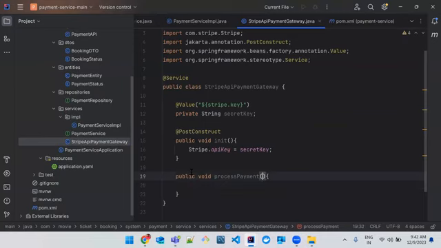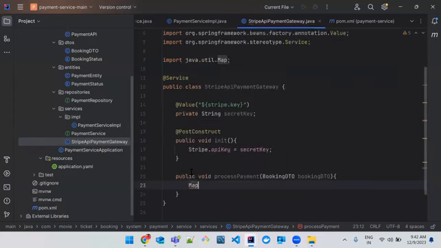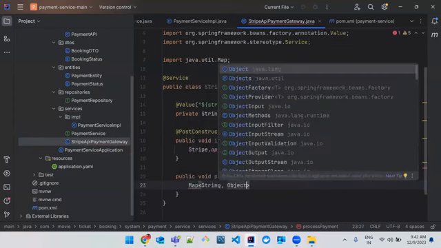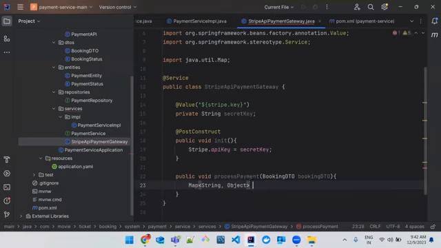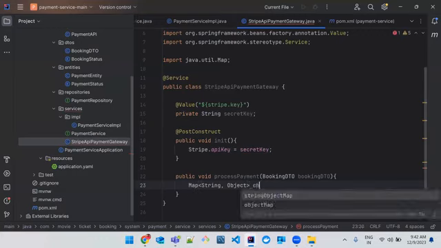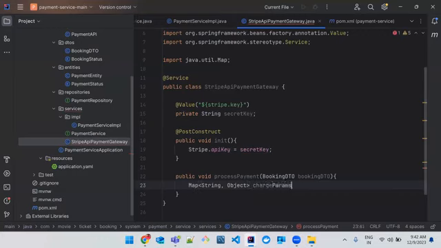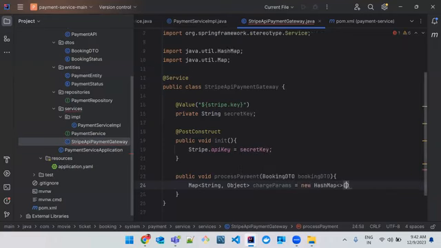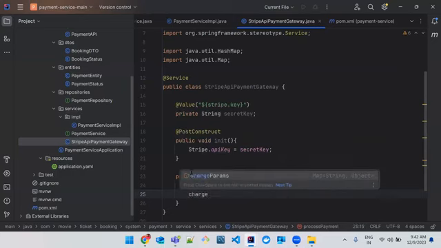So here I will be getting the booking DTO. And I need to use some map. I just wanted to use a string, comma, object, and charge params, new hash map. Okay. And here basically what I just wanted to do, I just wanted to add a couple of parameters over